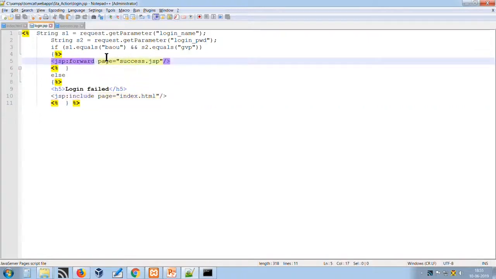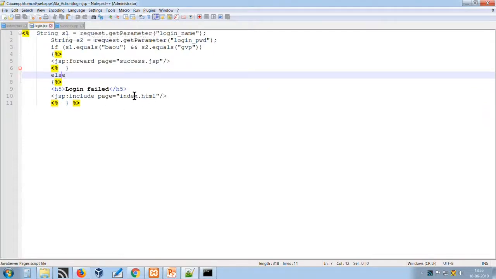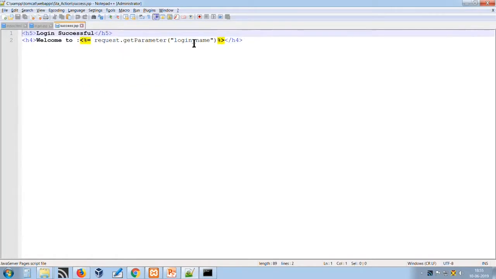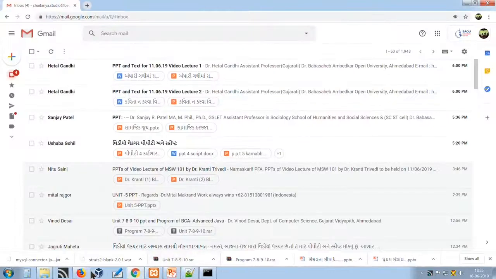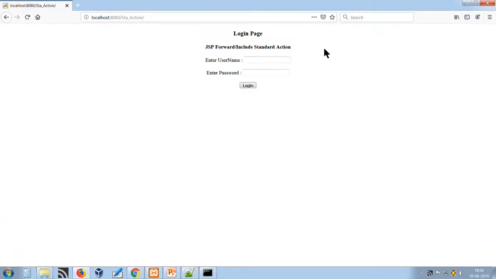See here, if it is a success, the request would be forwarded to the success page, and if it fails, the same login page, index.jsp, would be included in the same page. Success only requires the login name. Let us test it. See here, we have written BAOU and GVP, the true username and password.